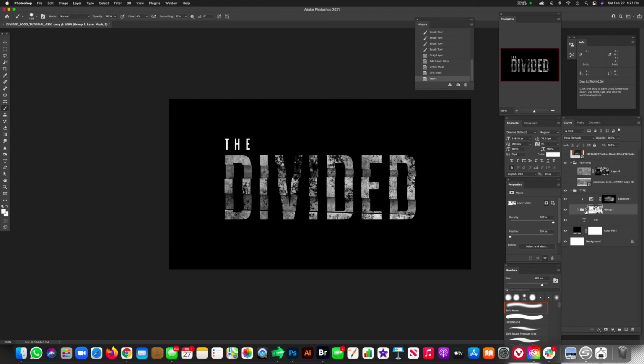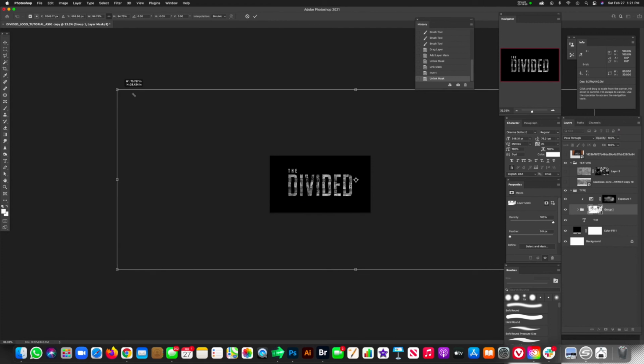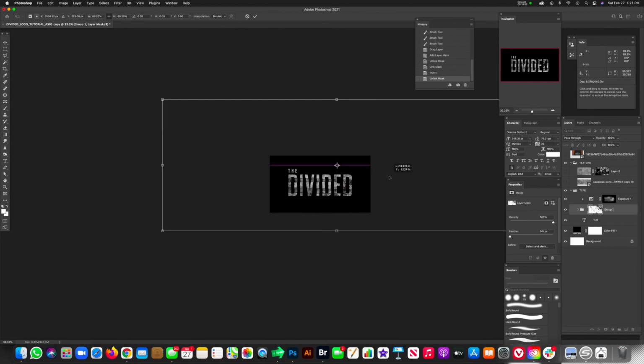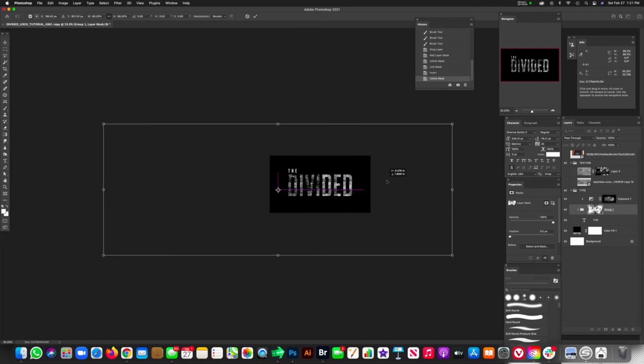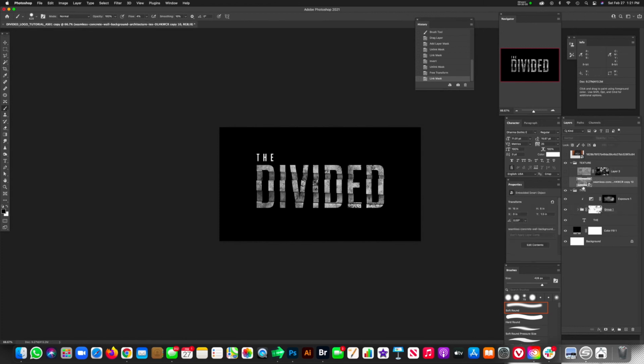So to do that, we have to unlink it by just tapping that link and then hit Command T, zoom out, and now we have a mask to play around with, and you can just play with the size and scale as well. So I'm just going to look for something that looks kind of cool like that. And now I'm going to link it up again in case we move this so it doesn't get distorted. That is looking cool, but let's go ahead and add some texture to the logo as well